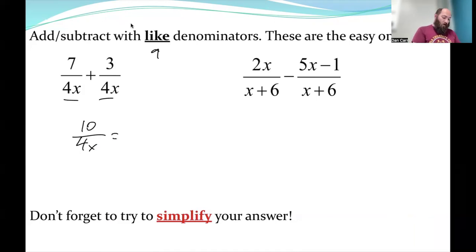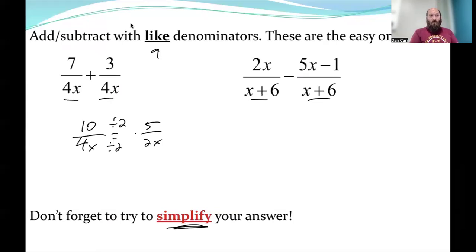But then always check to simplify. 10 and 4 are both divisible by 2. So if I do that, I get 5 over 2x. So x does not combine with anything. We're just done there. With this one, we have common denominators, but I've got to be careful because I'm subtracting